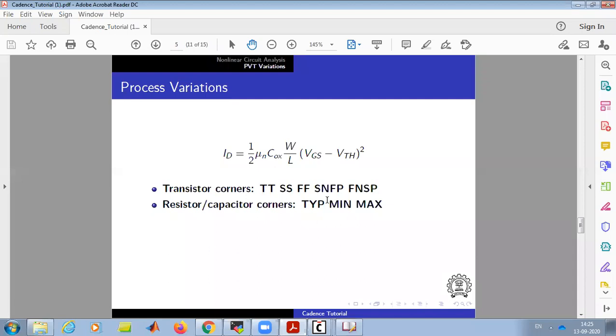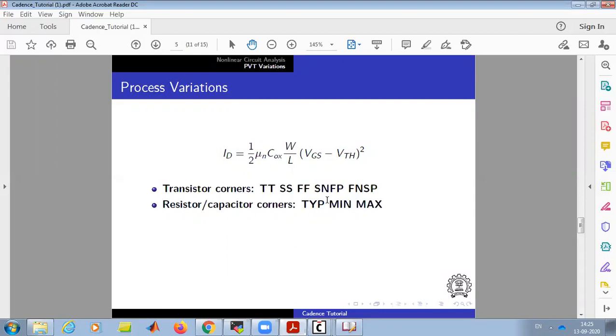So for designing any practical circuit, we always do this type of simulation to make sure that after fabrication, even if it is in any corner, we get our desired performance. So we sometimes need to over-design to achieve the performance in all corners. Also, for whatever resistor or capacitor we use, we have typical, min and max options.